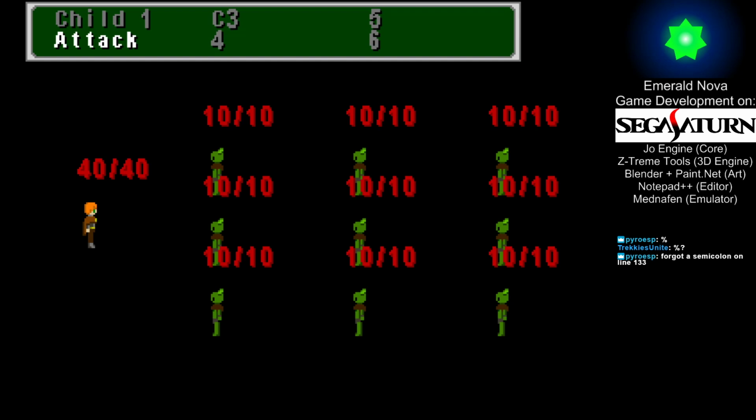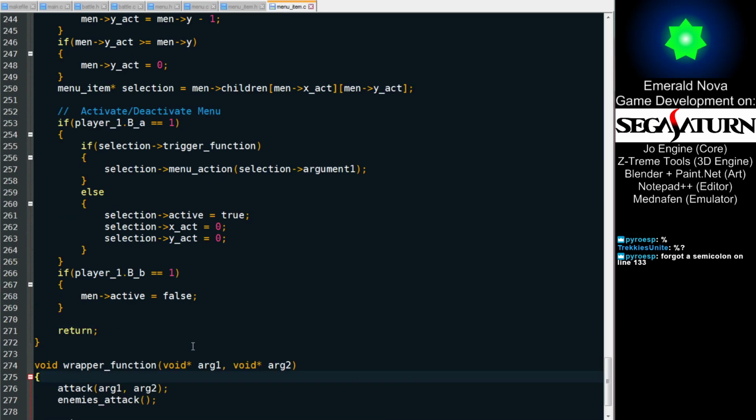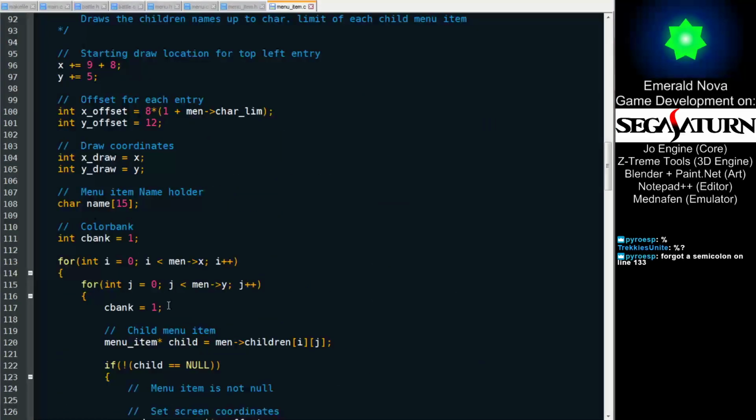Okay. Attack. Frozen again. What happened this time? Okay, let's follow what's going on here. So we take a wrapper function and we're supposed to shove in argument 1 and argument 2 in there. That means when we go over to our menu item, we take the menu action and give it selection, argument 1 and argument 2. There we go. Argument 1, argument 2, there we go. And then enemies attack. Enemies attack should...